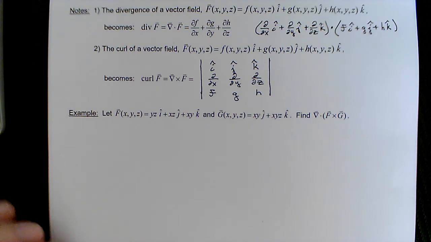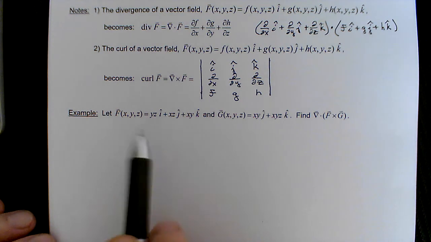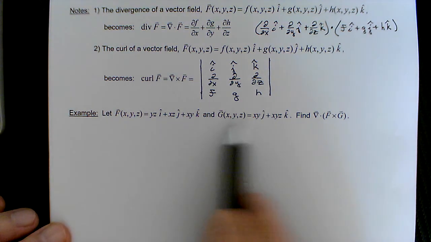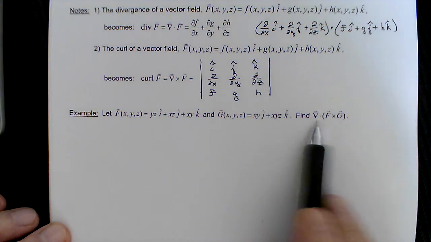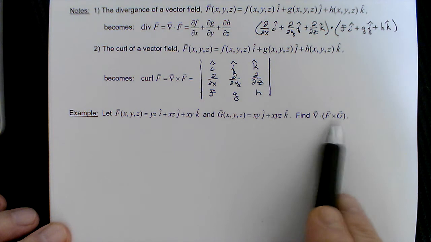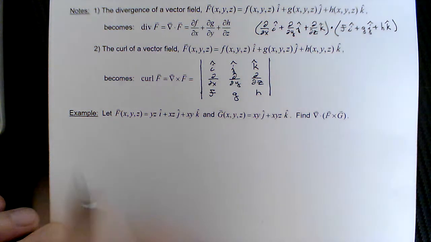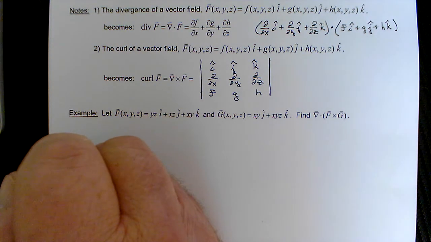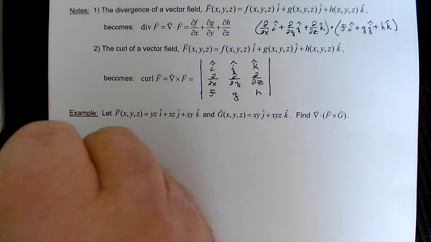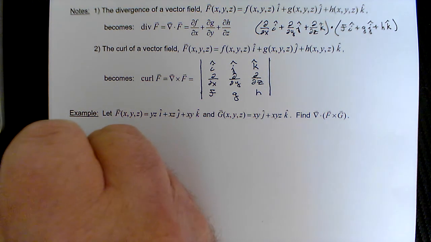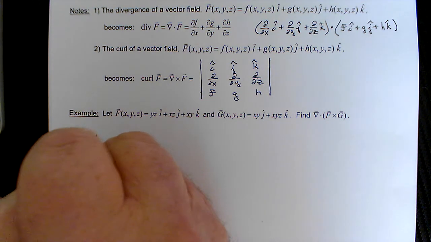So, some questions, combinations of things here. We're given two vector fields, f and g in this case. This is what we want to find. As we know, work from the inside out. We'll first evaluate what's in parentheses. And so, the cross product of f and g